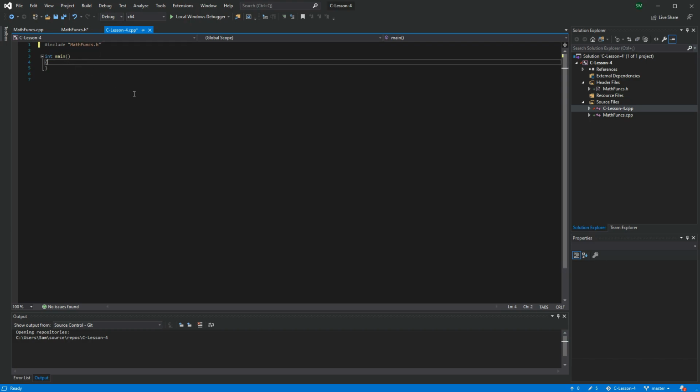Then we can actually write tests to use the functions. So we could declare double x, y, and z, and then we could say x is equal to 2 and y is equal to 3, and then we could say z is equal to add x, y,